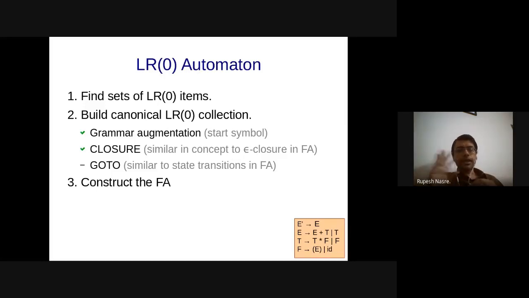LR parsing is an example of a bottom-up parser, and within LR parsers there are different kinds. All of these are going to use some basic gadgetry, which is this LR0 automaton, which we are going to make use of in all the LR parsers, that is SLR, CLR, and LALR.